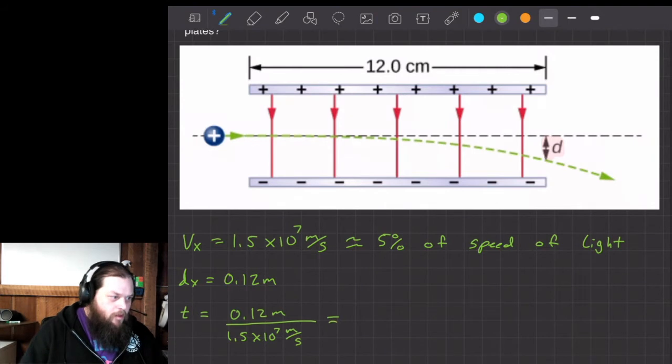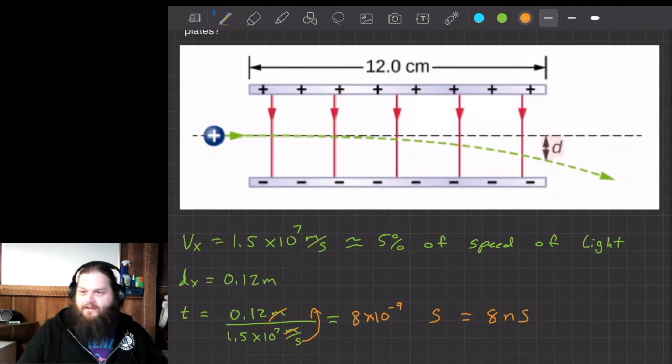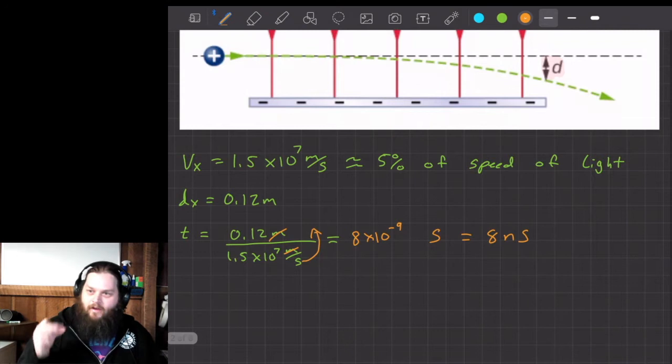If we plug that into our calculator, first seeing that units are going to cancel, my meter is going to cancel out, and I'm going to get a value in seconds. My s is going to come to the top. You'll see it's about 8 times 10 to the negative 9 seconds, which is about 8 nanoseconds. Really fast. So the force is only going to act on this particle for a very short period of time. And in that short period of time, we have to figure out how far it's going to be